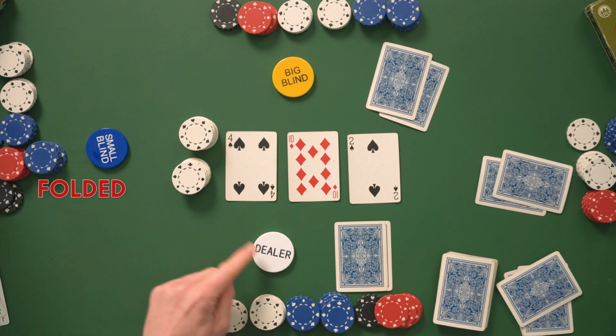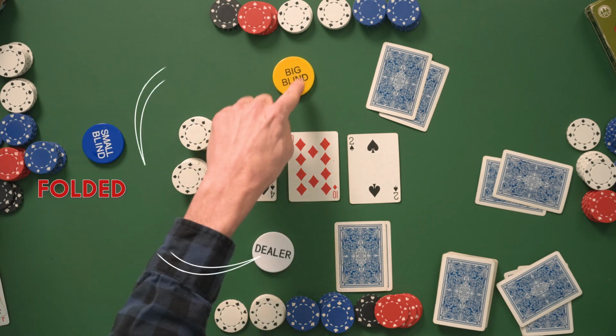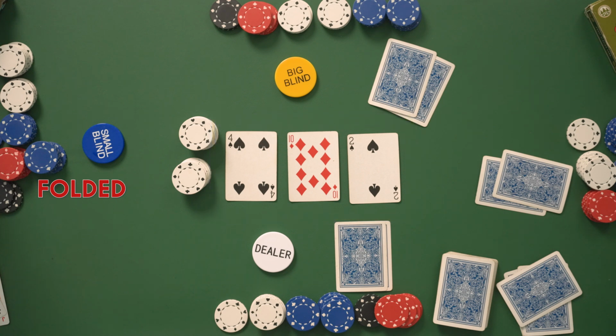So normally it would be the small blind, but since they've folded, they're out, first betting goes to the big blind. If you folded, you're out of the hand. The flop significantly influences the player's strategies as it reveals over half of the final 5-card hand each player will use. If no one has raised and on your turn you don't want to fold or raise, you can tap the table and say, I stay,